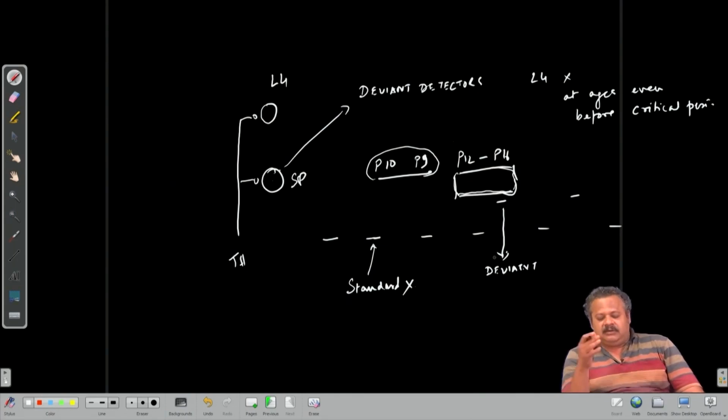Maybe initially when you present the standard, there is a blip response at the very onset, but beyond that it is simply adapted to the standard sound and there are no responses whatsoever to the standard, and it only responds to the deviant, or at least that's what most of the data says.